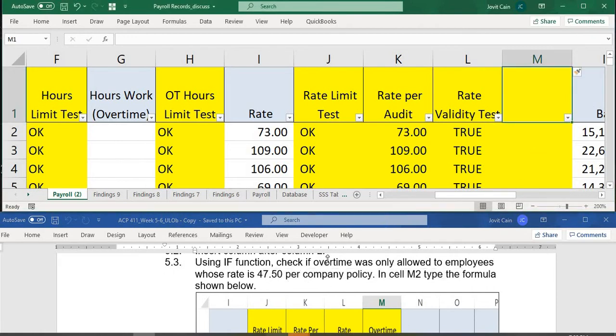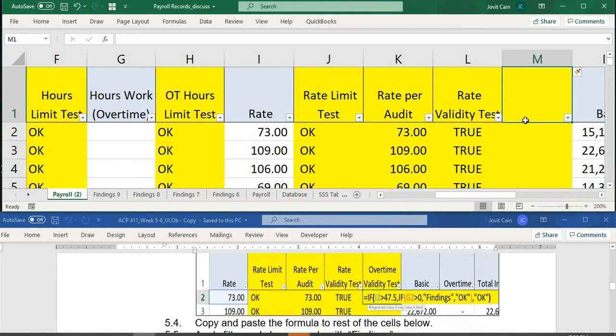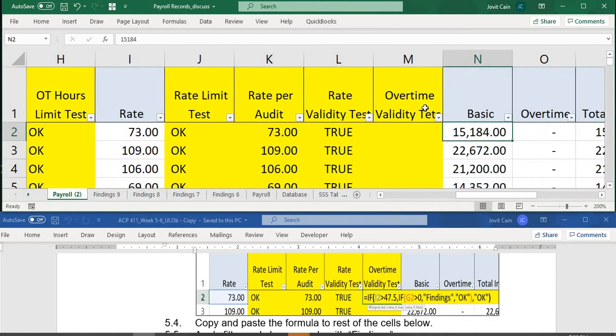type this one. What do I put here? And this is column L. It's not yet labeled. This one, overtime validity test. So, overtime validity test. Okay, check the spelling. So, using the formula, if